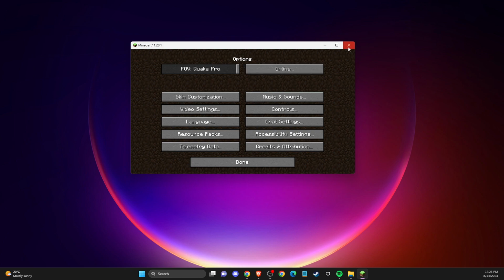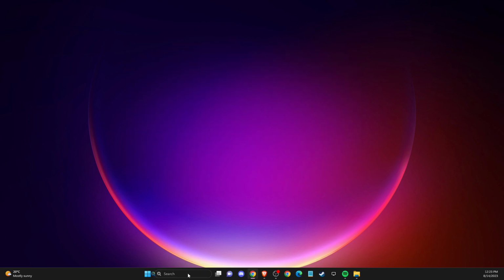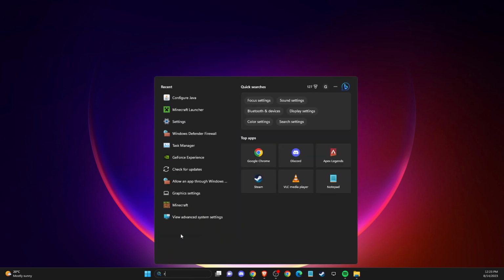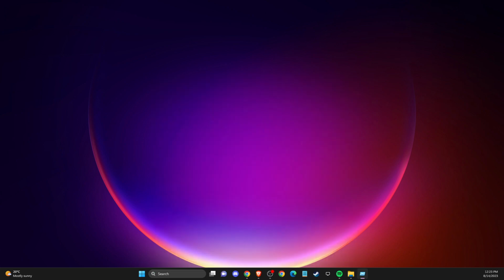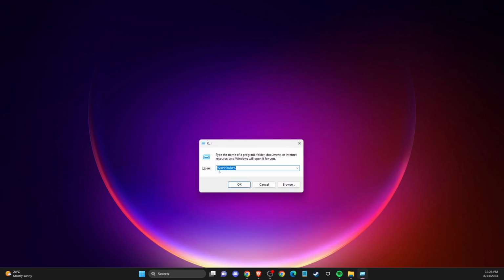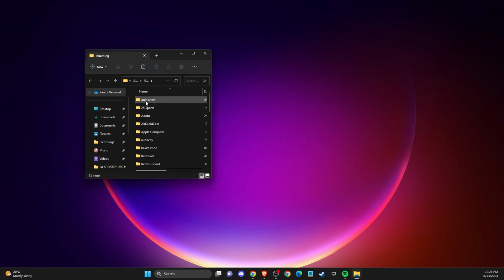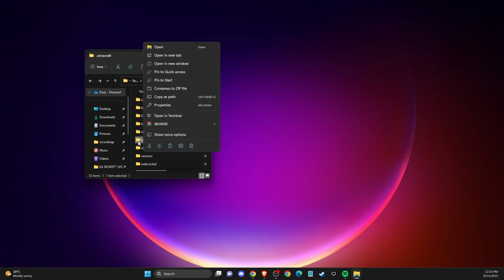And if the problem persists, the next thing that you need to do here is, on search, write run or press Windows and R key, and then write %appdata%, and then okay. Then go to the Minecraft folder here, then go to saves and back up all the worlds that you have here, because when you delete this folder and if you don't back up your saves, your worlds will be gone. So what you need to do here is copy the folder here